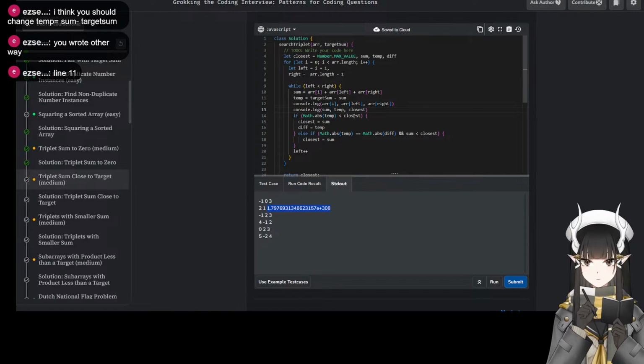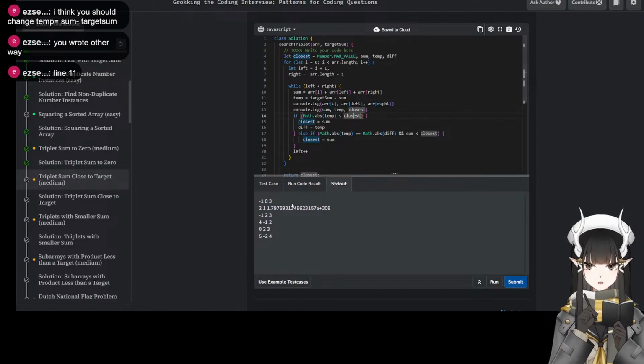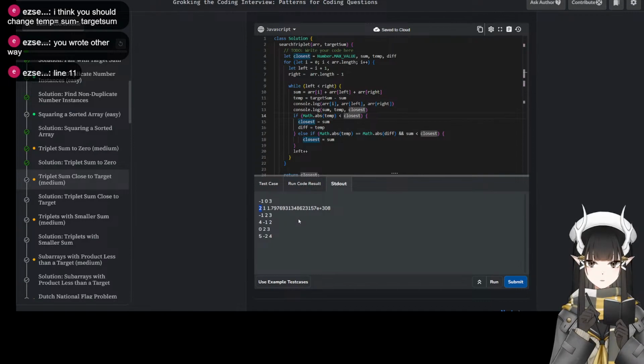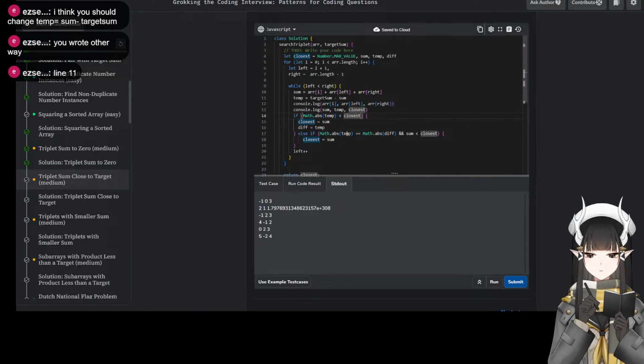So obviously this will be less than the closest. So the new closest is 1. But the new closest is 2. Oh, because I keep resetting this.